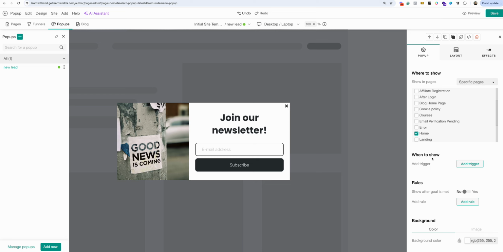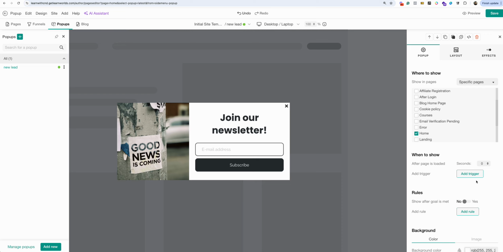And when to show the pop-up, we can select the pop-up to show after the page is loaded, or after the user scrolls the page, or if any user is inactive for a few seconds or minutes, or this pop-up will show when the user tries to close the tab. We are going to select the page load option, and for seconds we are going to select 2 seconds,